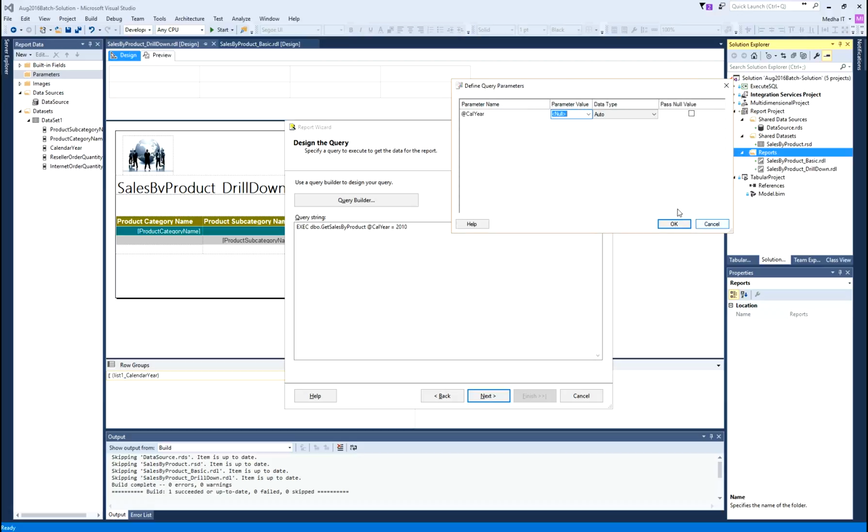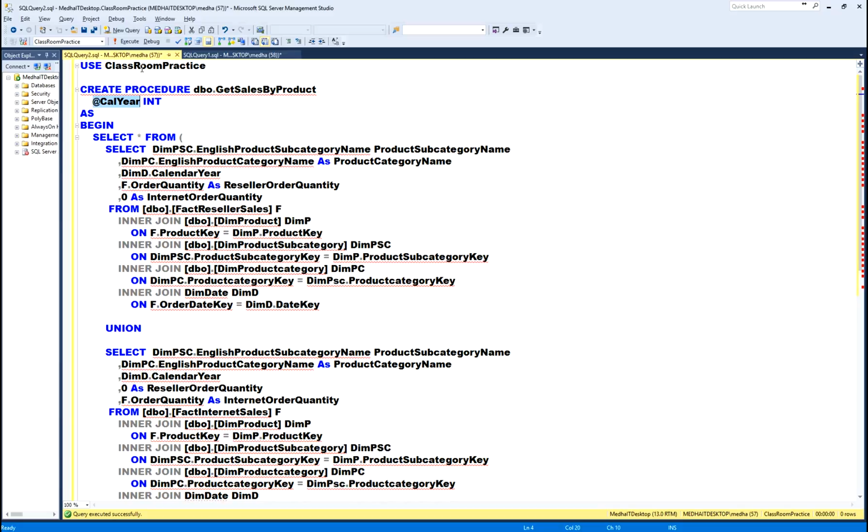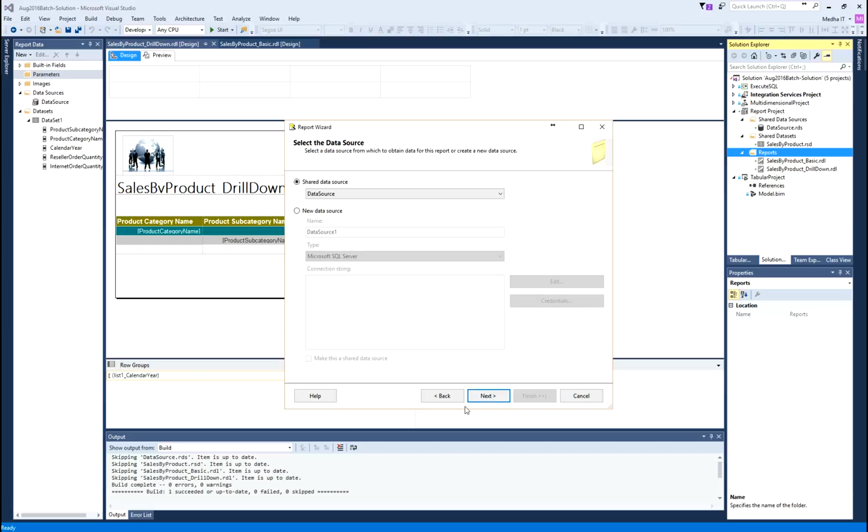That means it identified that particular variable as a parameter. I will say, could not find stored procedure because I have created it in a different database. So, let us go ahead and create a new data source for this particular report.